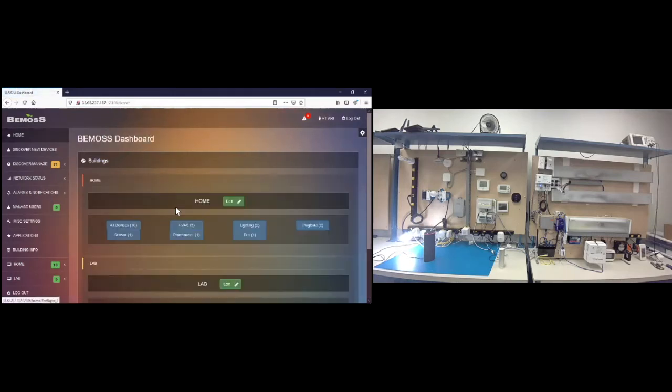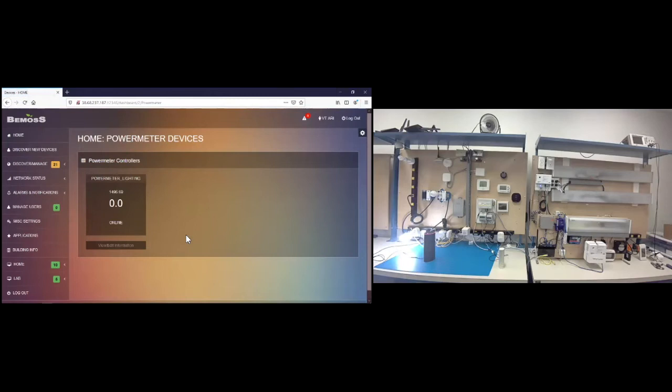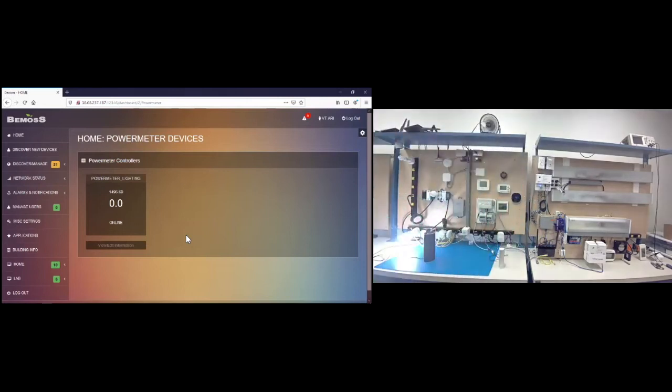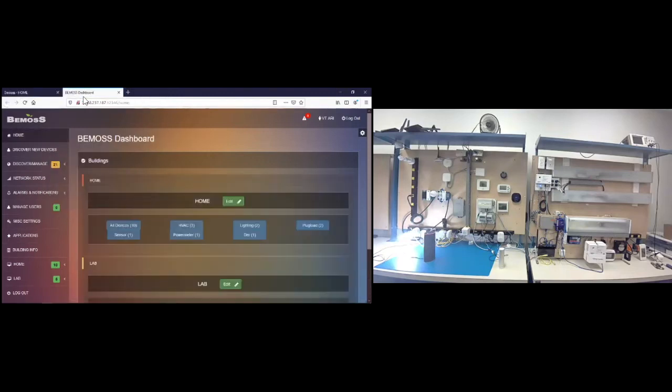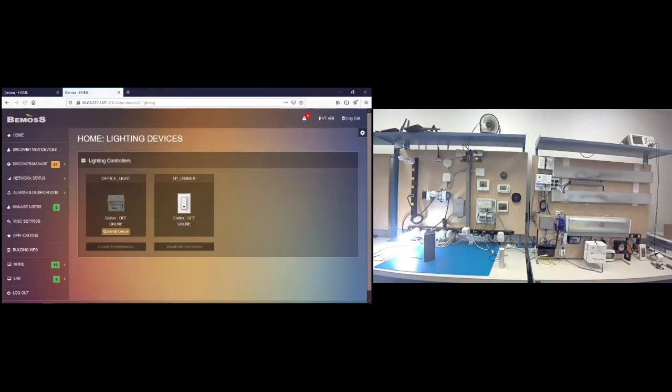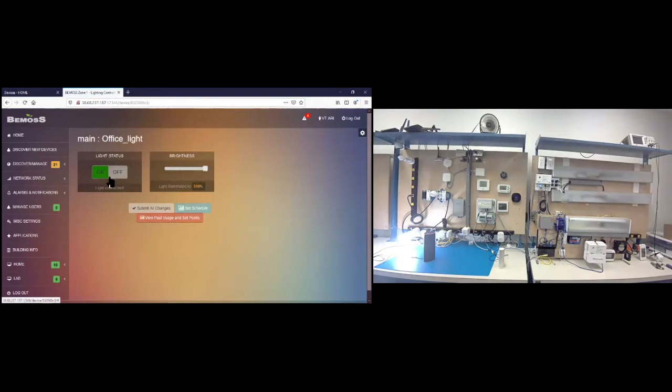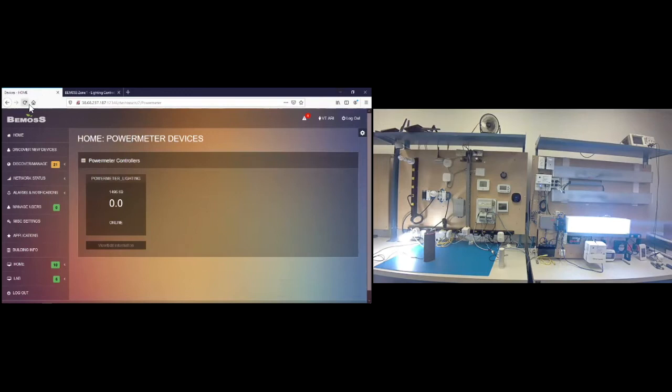Now moving on from plug loads, we also have different power meters that we can read from the BEMOSS UI. This particular power meter is connected to the light that I just turned on a little bit earlier. Right now, the light is not working, so the power meter is reading 0 watts. Let me turn on the light and I'll show you an interesting use case here, how we can save some energy just by adjusting the brightness. So the light is turned on right now. As you can see, I turned it on. And if I go to the power meter,